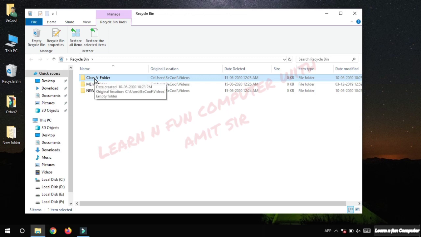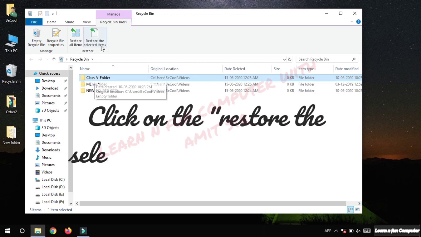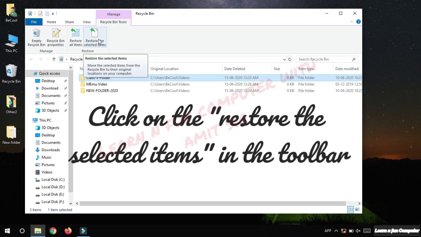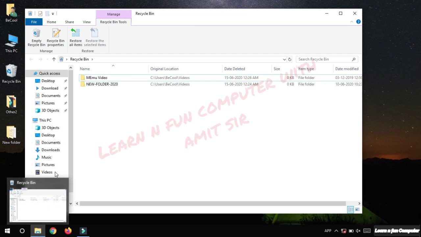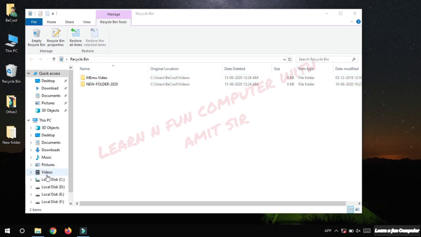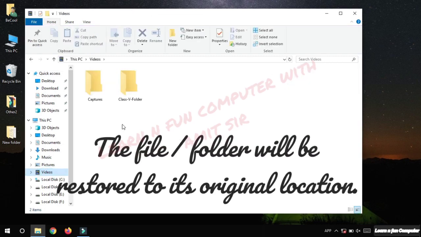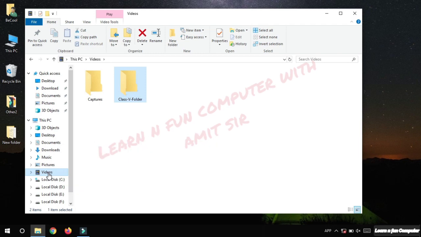So just select it, then click on restore the selected item. Now you can see the folder is restored in the videos folder, from where we actually deleted it.